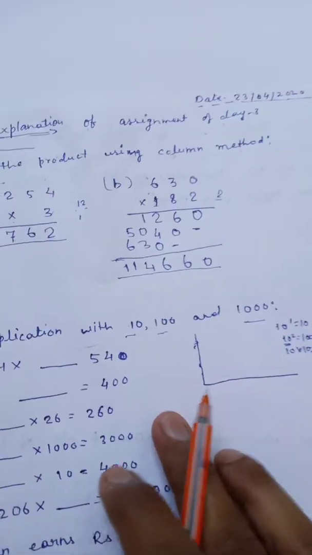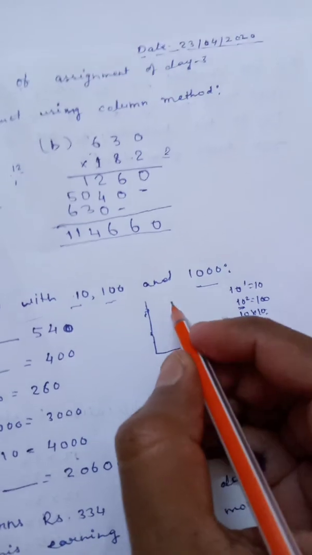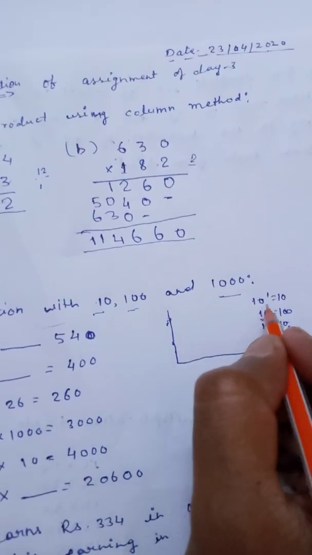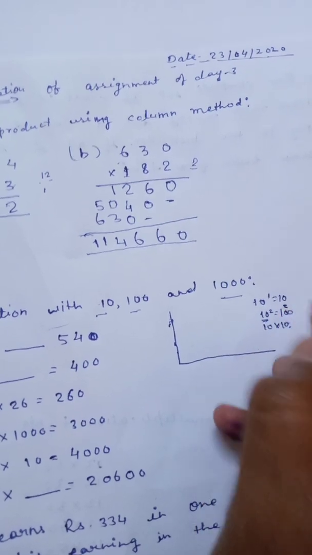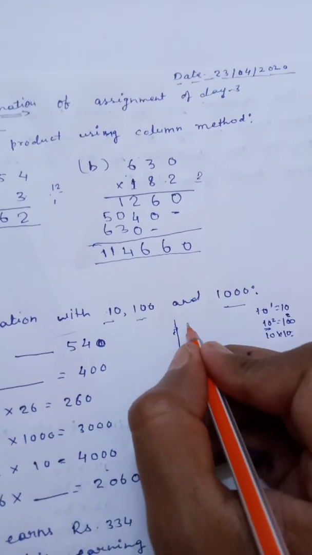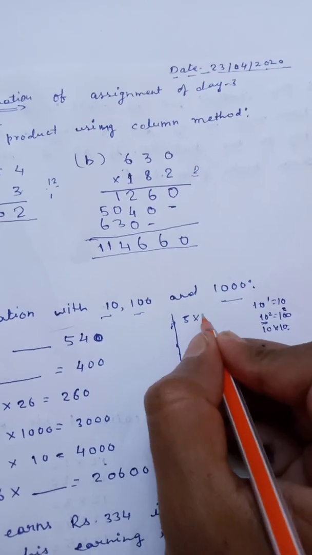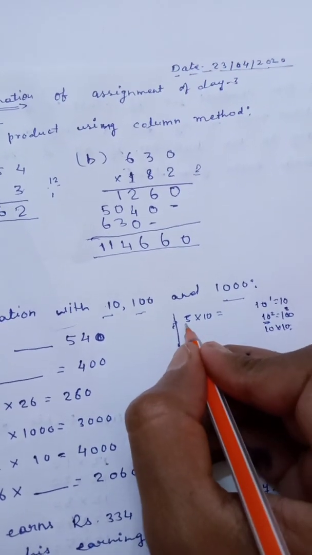When multiplying any number with a power of 10, we write the number of zeros that are behind the 1. For example, if we are doing the multiplication 5 into 10,